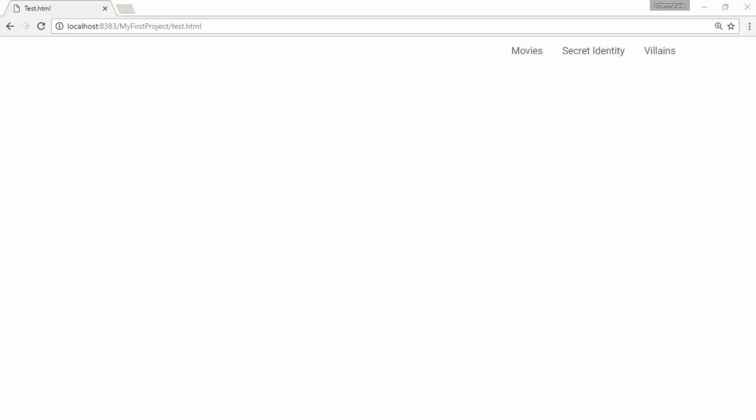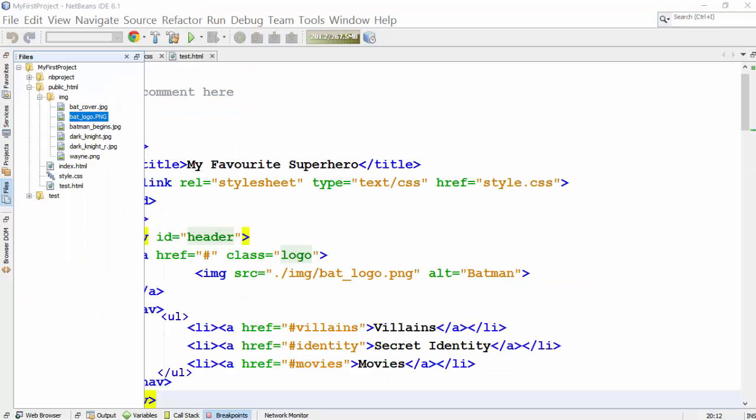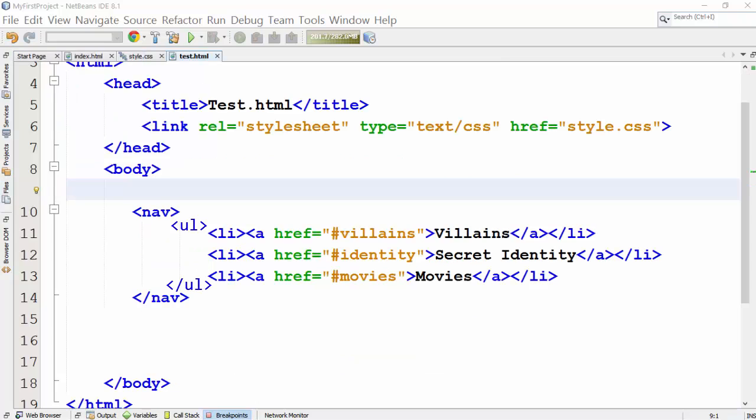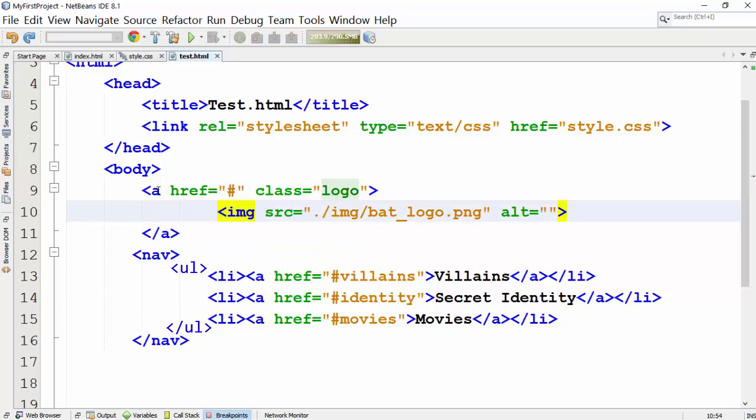How about adding a logo to this file the way we showed you in the beginning? I have added the logo image in my IMG folder. I also want this image to link to my home page, in this case the current page itself. We will add a link using the anchor tag which will create a link to the image. So the a tag will enclose the img tag. This is how it would look.